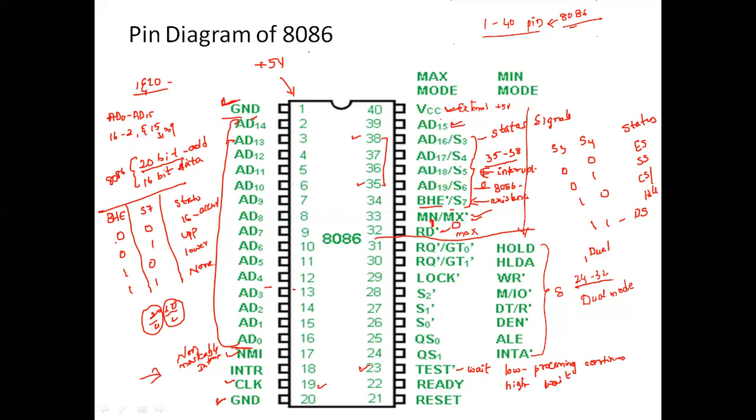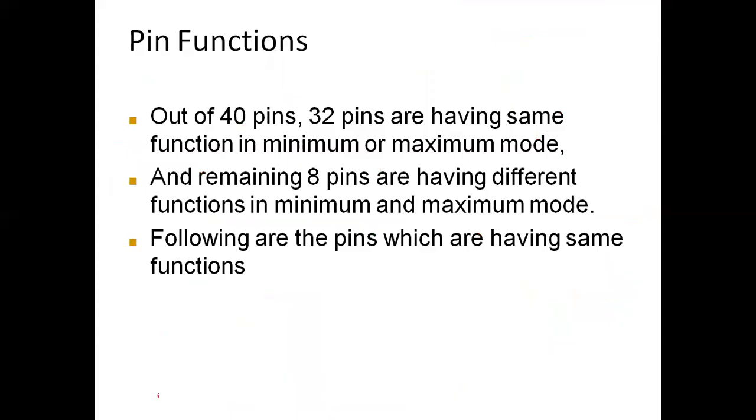After the TEST signal, we have this pin, the INTR pin, which is also left over. INTR stands for interrupt request. The processor, after each clock cycle, samples this INTR pin to find whether it is high or low. If it is found to be high, then the processor handles the interrupt internally. So that is the purpose of this INTR. INTR stands for interrupt request.